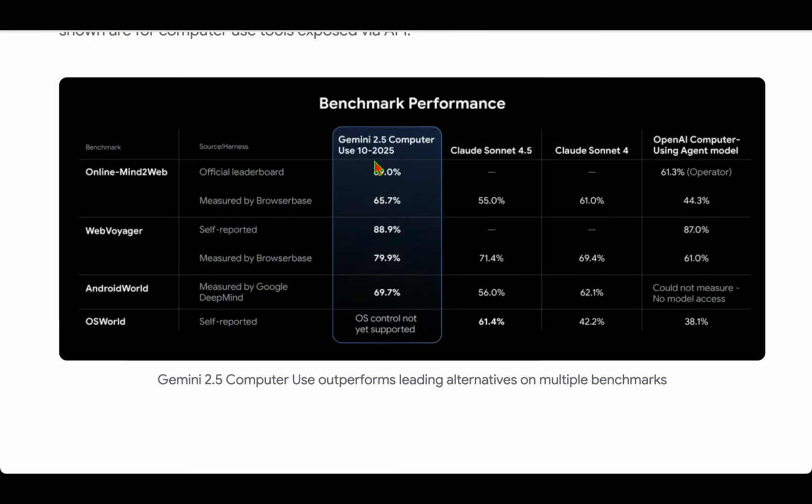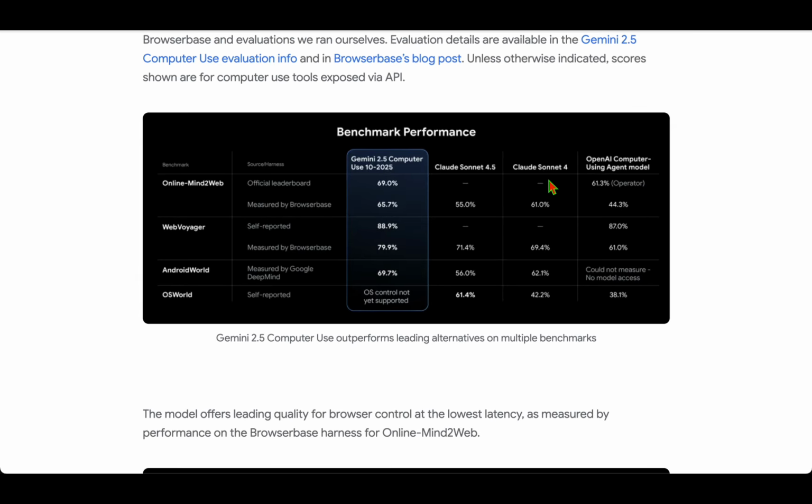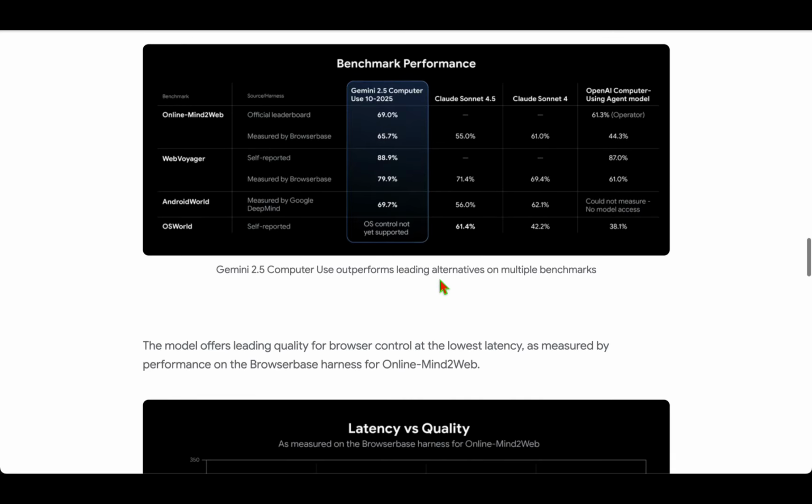In terms of comparison, we can see that the new computer use model on the Online-Mind2Web benchmark has hit 69%, compared to OpenAI's computer use agent model, which is just at 61%. Also compared to Claude Sonnet 4, which is just at 61%, the Gemini 2.5 computer use is at 65.7%. So this model definitely promises much more than the OpenAI model or the Claude model, and it seems to specialize